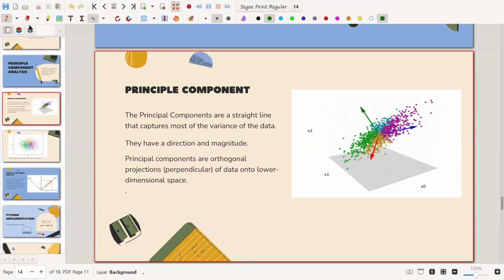Take one more example. Suppose I give you a book of 300 pages and you can't read all 300 pages. Instead, I give you one to three pages of summary, which represents the entire book, all the instances of whatever is written in the book. This is what PCA does. Now principal components. Let's take an example. Let's suppose we have